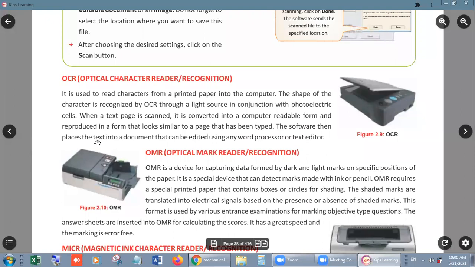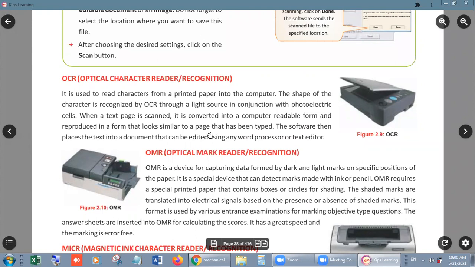The software then places the text into a document that can be edited using any word processor or text editor. That text can be placed into any software so that you can make changes in it. Suppose you put this paper which you are using to read this time inside the scanner, and the same image will come into my computer, and after that, with the help of some special kind of editing software, we can convert it into text so that we can write anything.